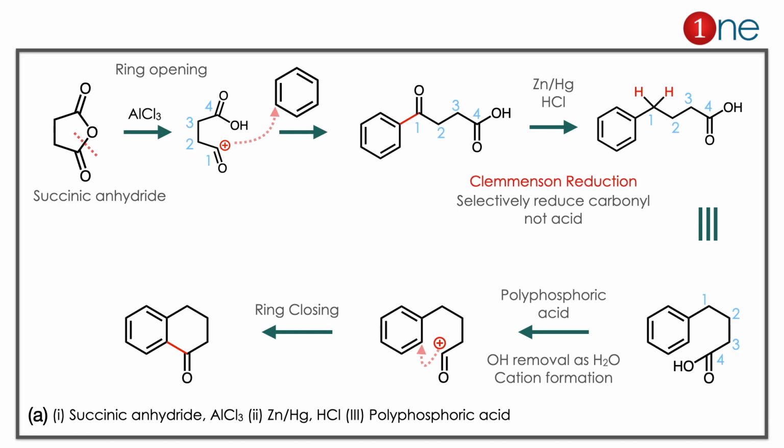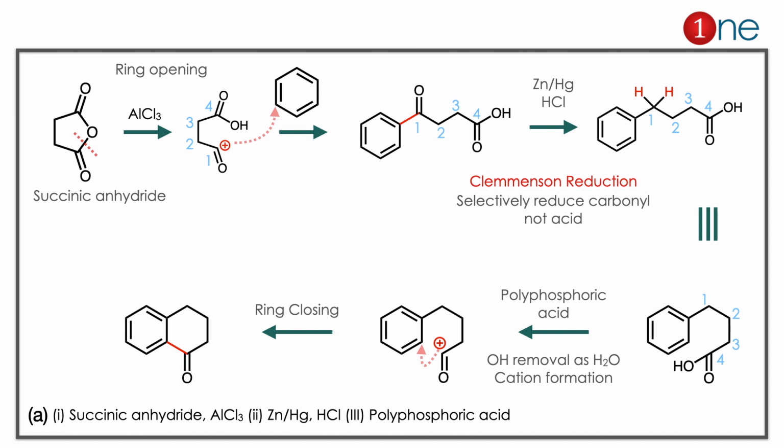The starting material is succinic anhydride, and you are using aluminum chloride. What really happens is it activates the carbonyl, and you have an acyl cation there. For clarity it is written as multiple steps, but you can write it as a single step too. So the cation attacks the ring, and you have a new C-C bond formation. So the acyl attacks the ring there, and you have the side chain.